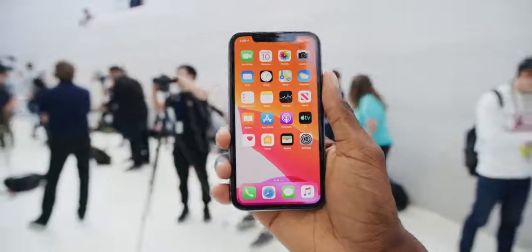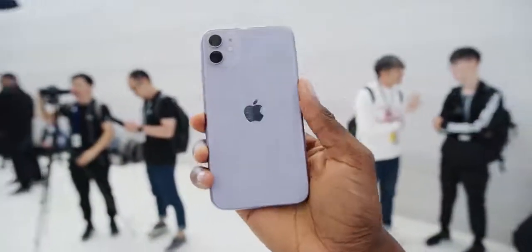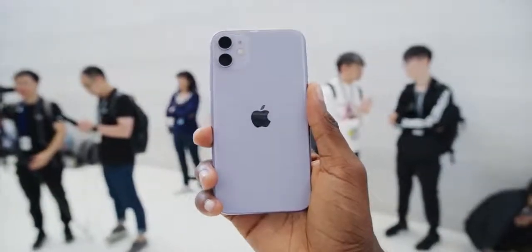So there's gonna be a separate video on the also new iPhone 11 Pro. It's either about to be up or already up, depending on when you watch this, but it'll be the first